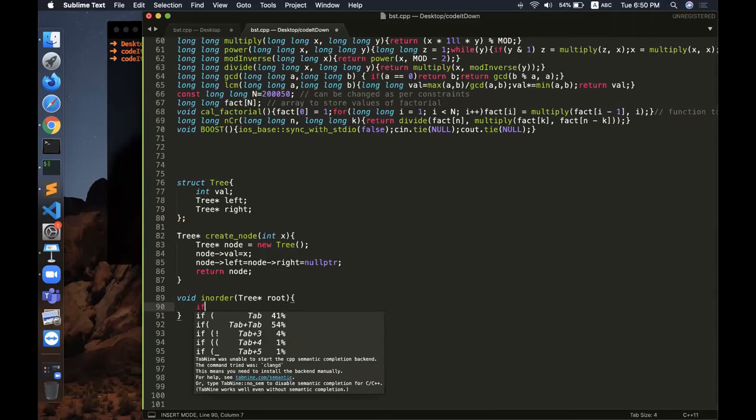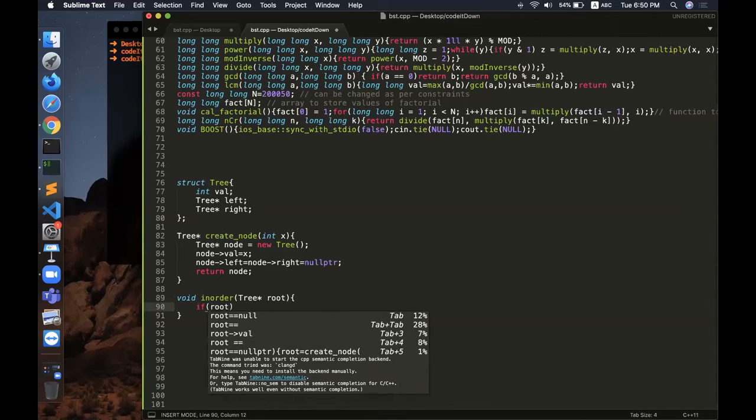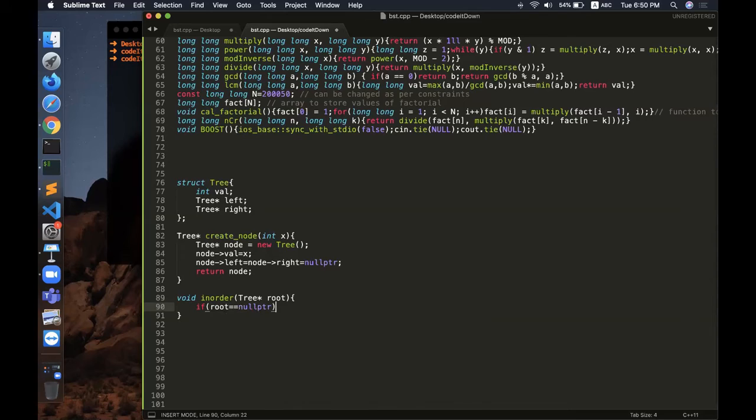So if my root is null, then I should simply return.